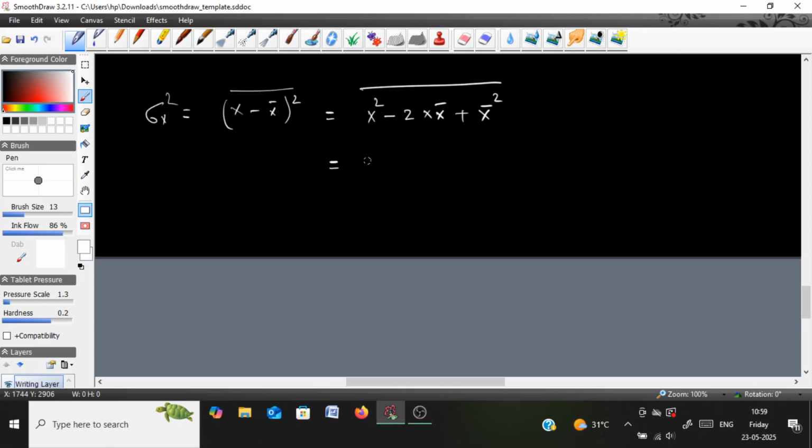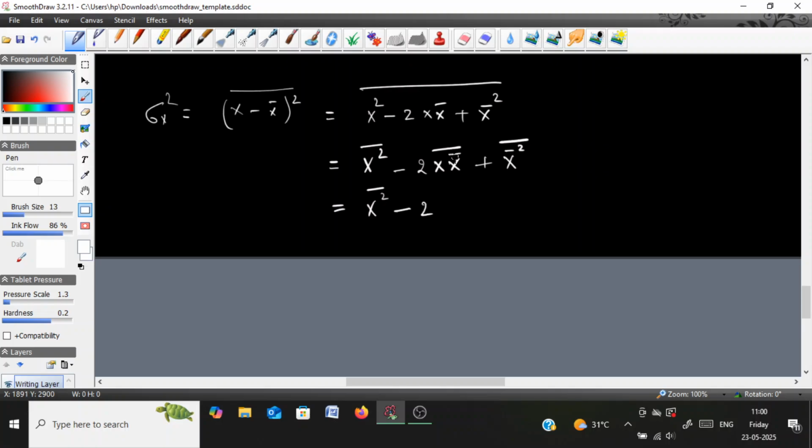So it will be equal to x square bar minus 2 x x bar plus x bar square bar. And that becomes x square bar, which is basically the mean square value of the signal, minus 2 times